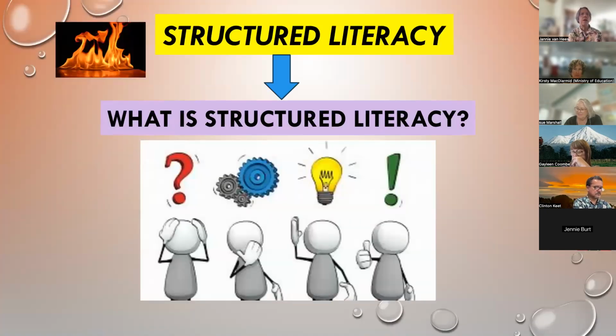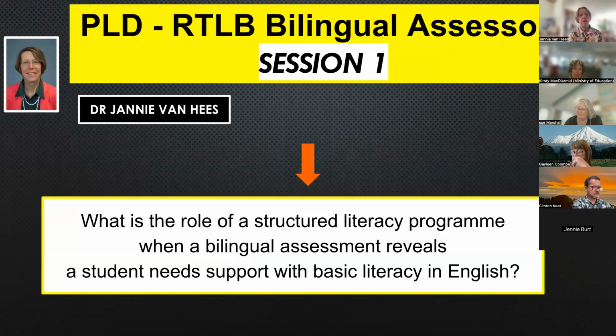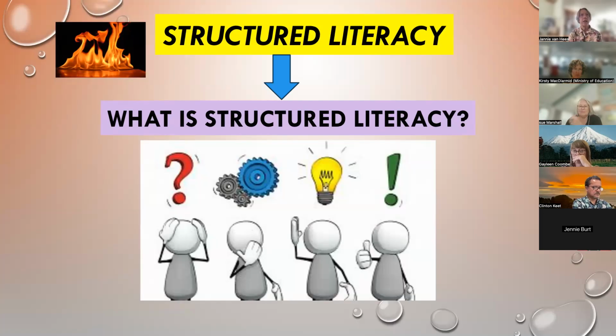So let's just think about what is structured literacy, and if we had time, I'd bring you into the discussion. But there are a whole range of ways of explaining structured literacy.